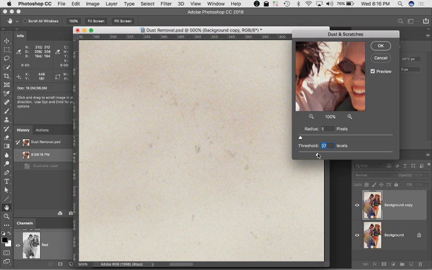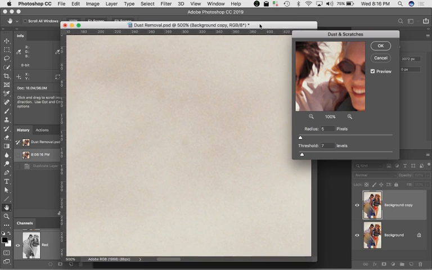Up here in the 30s, what I'm saying is that I need there to be 37 different levels, differences in grayscale and luminosity, for you to actually run this tool. It's bringing the dust back, so that's not actually going to work for me. So I'm going to start to drop it down again to just make sure I'm getting rid of all the dust. I'm still going to use my arrow keys to go down. And I'm around, let's see,